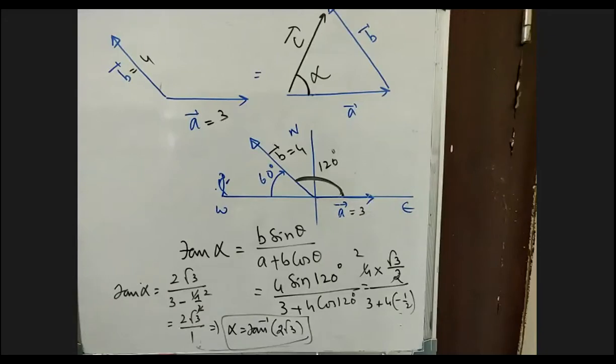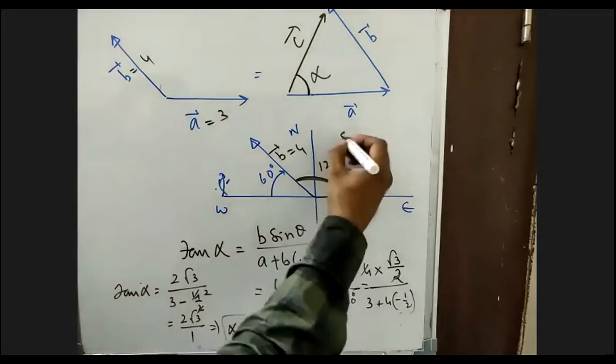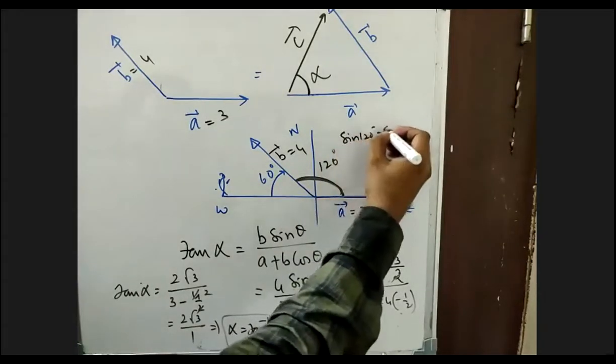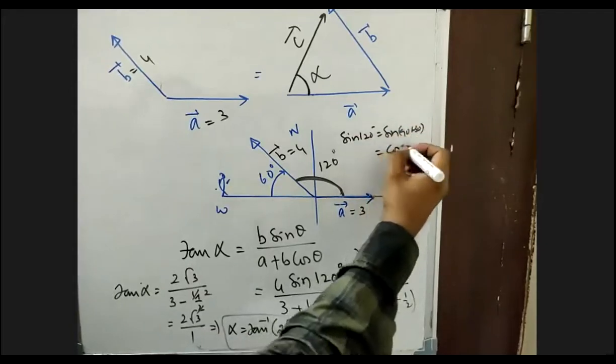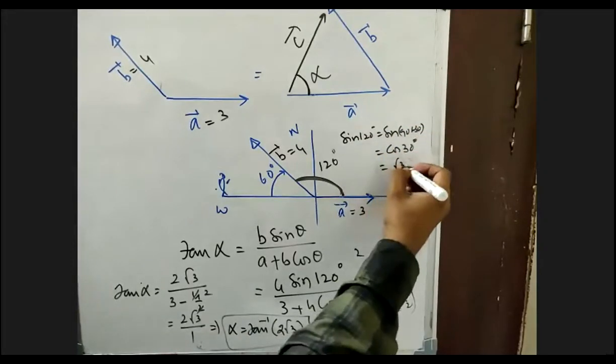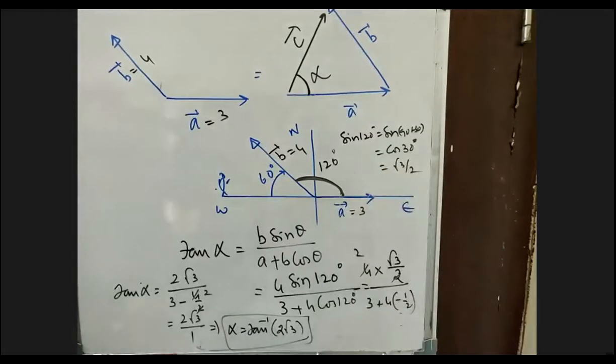Sin 120, how do you write it? Sin 120 equals sin of 90 plus theta, isn't it? Yes, sin 90 plus 30. Sin 120 is sin 90 plus theta, and that is nothing but cos 30. Cos 30 is root 3 by 2. And then sin 120 can be written as sin 90 plus 30. Sin 90 plus theta is nothing but cos 30. Cos 30 is root 3 by 2. Yes, sir. Okay, very good.